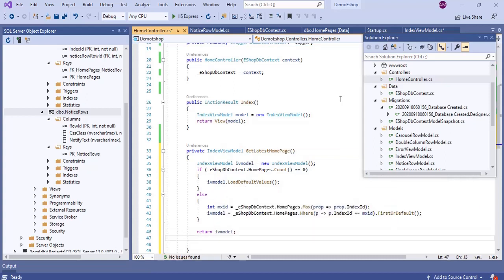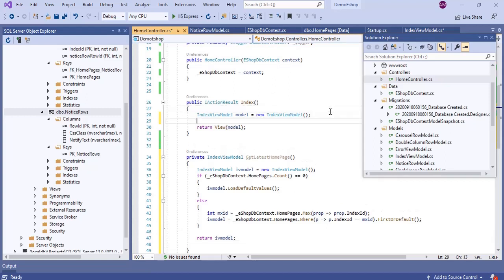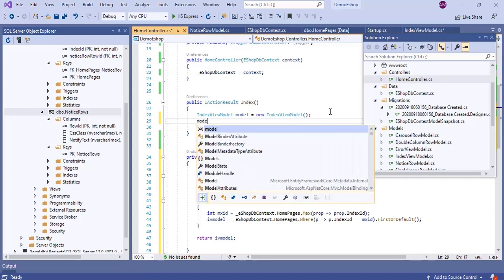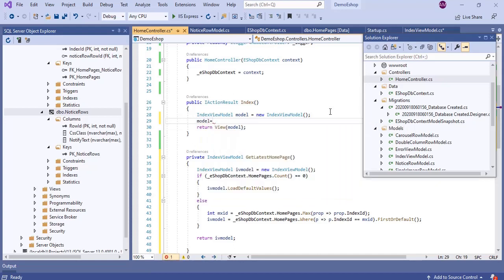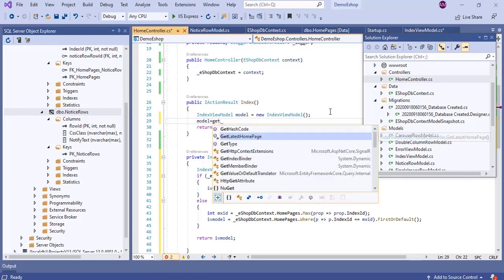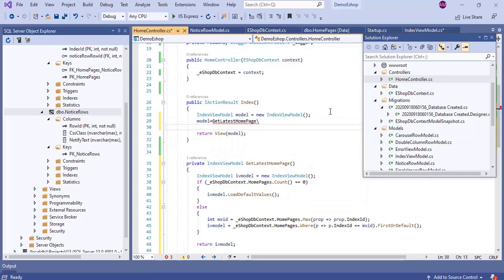So the get method is created now. This method will get the latest home page from the database. Here, instead of giving the empty page, we will give the latest home page. Model is equal to get latest home page.